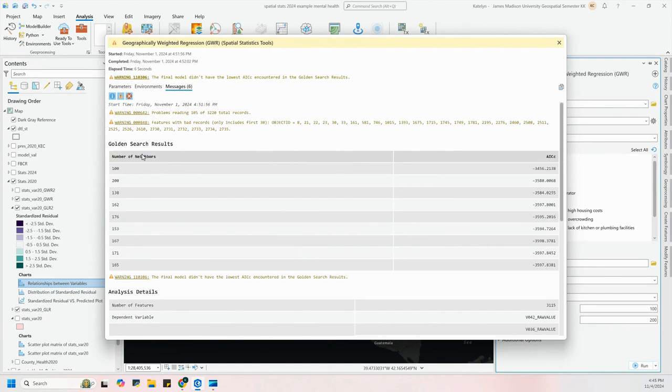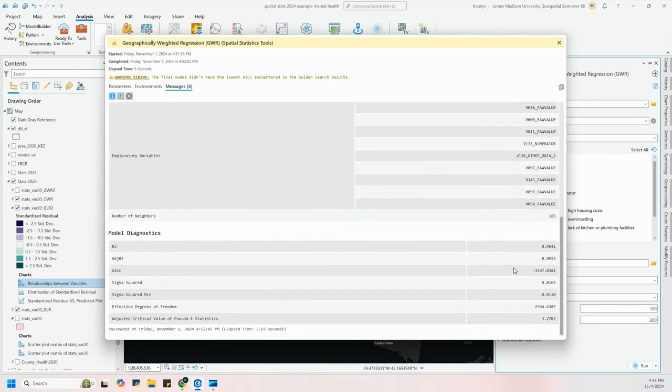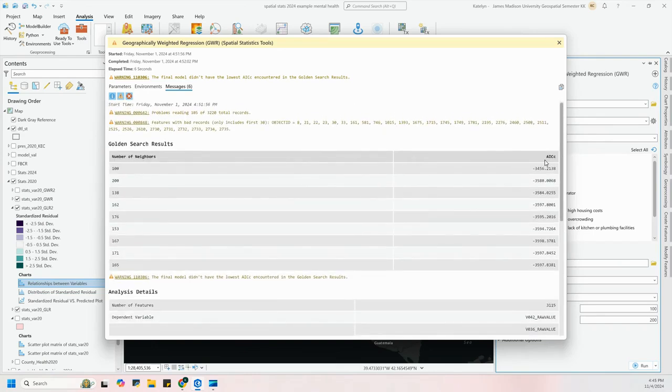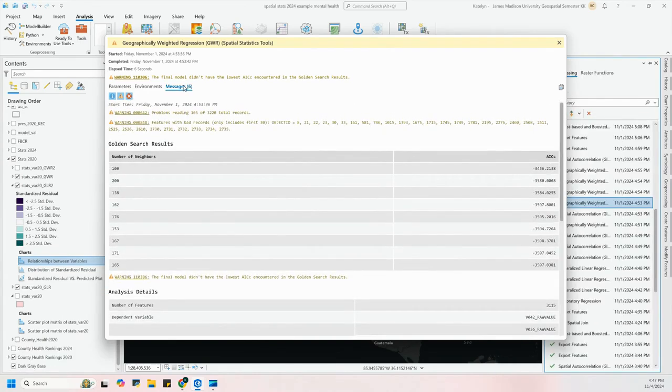All right. So why do we do golden search? Well, we're looking for this AICC value. The other report tells you what that stands for. So what you're looking for with this AICC is the lowest number possible. Now, keep in mind, these are negative, so the lowest number would be closest to 0. So in looking at these,